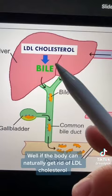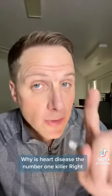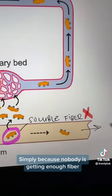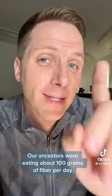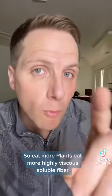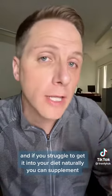Well, if the body can naturally get rid of LDL cholesterol, why is everybody getting sick? Why is heart disease the number one killer, right? It's simply because nobody is getting enough fiber. Our ancestors were eating about 100 grams of fiber per day. Today, the average American eats closer to 12 grams of fiber per day. So eat more plants, eat more highly viscous soluble fiber, and if you struggle to get it into your diet